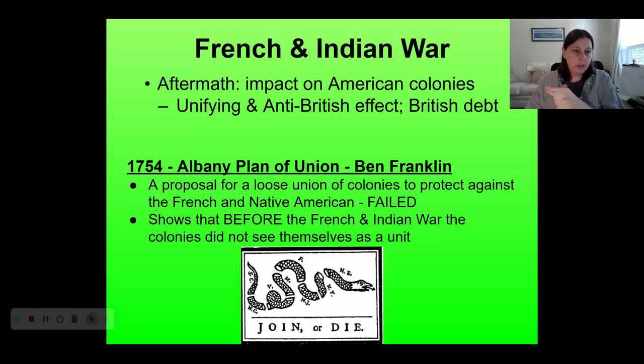So 1754, the same year that the fighting starts with George Washington and Fort Necessity, there is a kind of continental congress essentially where delegates from a bunch of different colonies meet together. One of them is Ben Franklin. He's there representing Pennsylvania. And Franklin proposes what he calls the Albany Plan of Union, which would have been a very loose, quasi-government organization, actually very similar to what we eventually get with the Articles of Confederation. This was a prototype of that, where there was a loose government,